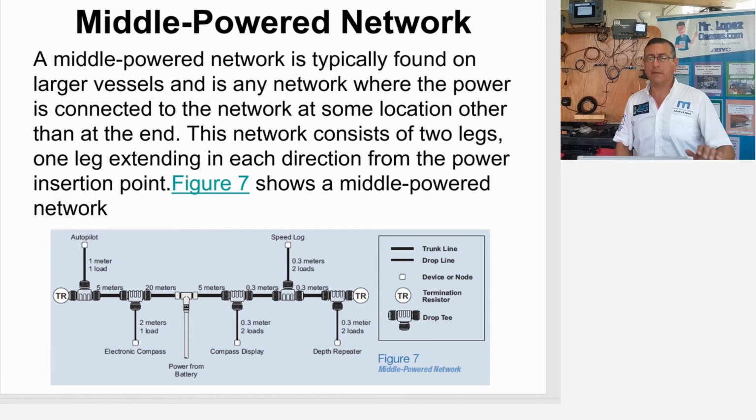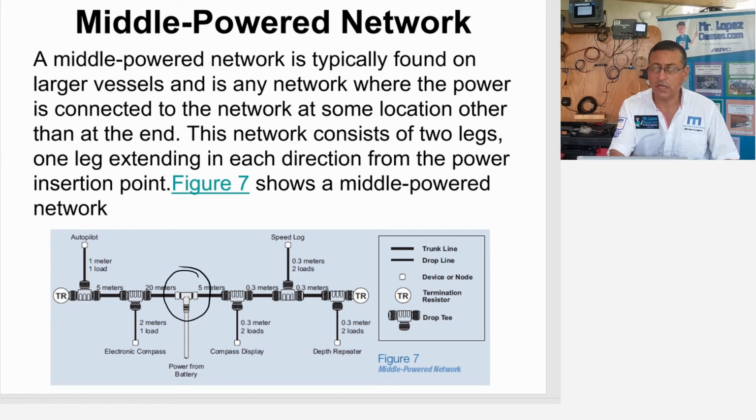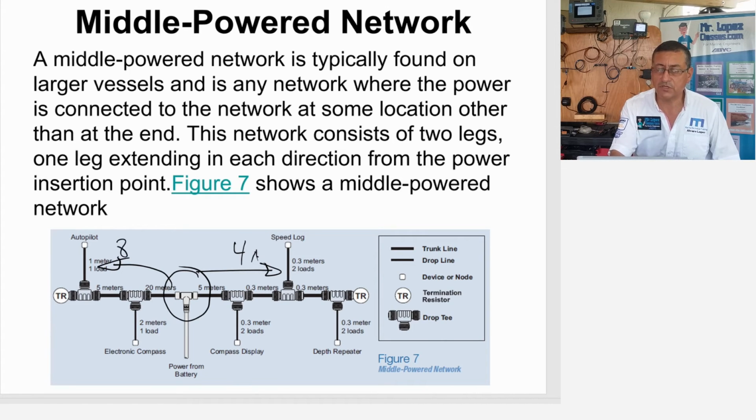Power in the middle of the network. A middle powered network is typically found on large vessels and is any network where the power is connected to the network at some location other than at the end. This network consists of two legs, one leg extending in each direction of the backbone. This is the typical configuration. The power enters here in the middle, and one source goes over there and the other one goes over there, each one with 4 amps,